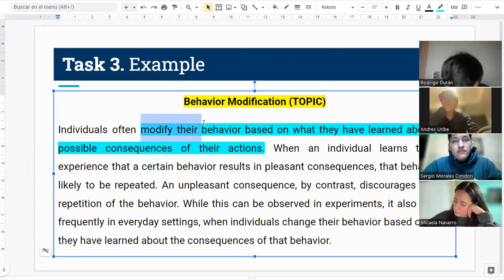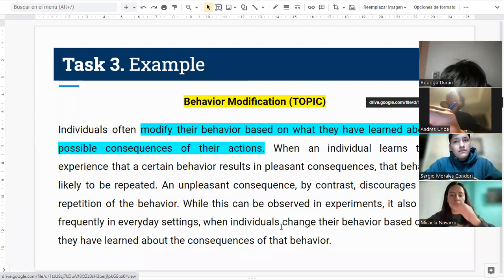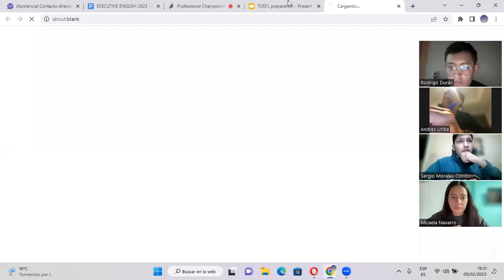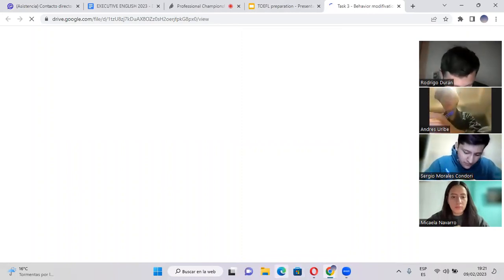Okay, so you know exactly what is the most important part. And it is going to be how this specific, as I was saying, a person, a group of people, or even animals, how they change their behavior based on experience. Okay, guys, that will be the most important part. Not the details, not anything else. So is that okay? Are you ready to listen to the lecture? Yes? Okay, guys, take a piece of paper. You have to take notes. We're going to play the lecture.